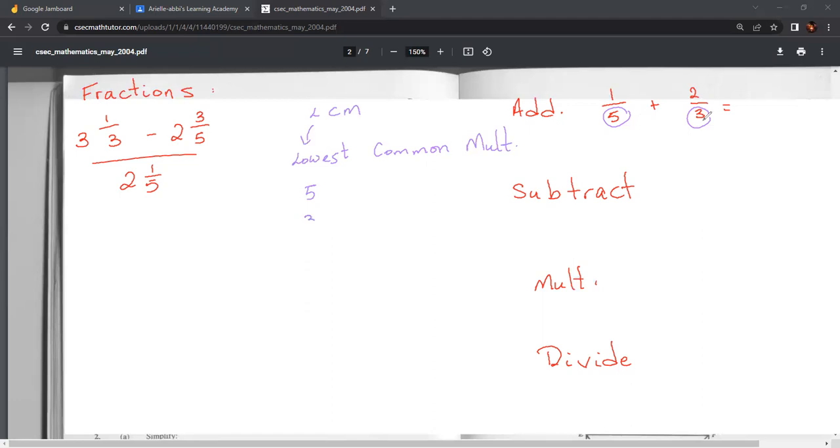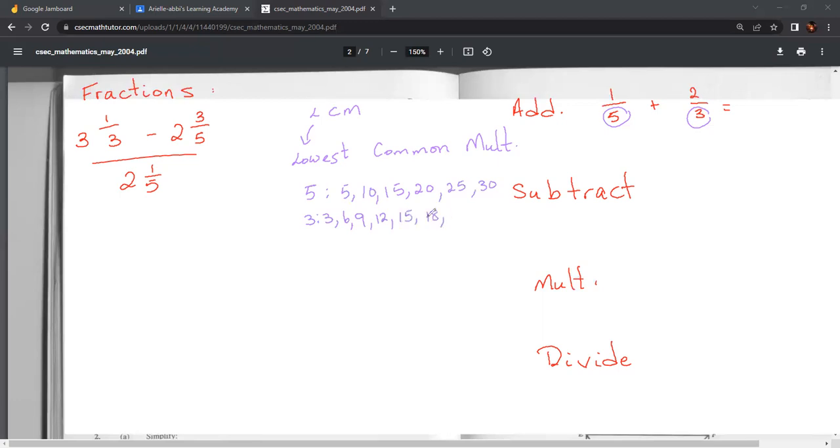In this case, it's 5 and 3. My 5 times table will be 5, 10, 15, 20, 25, 30. My 3 times table will be 3, 6, 9, 12, 15,